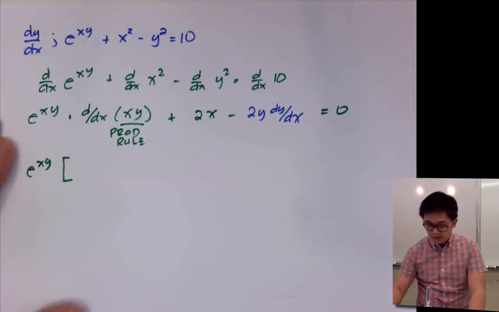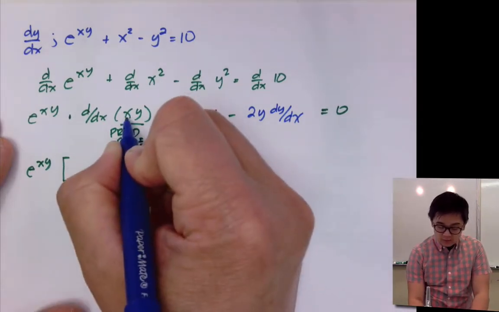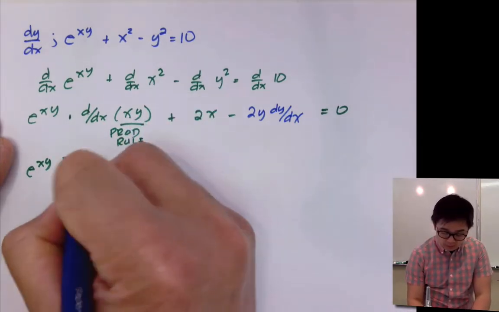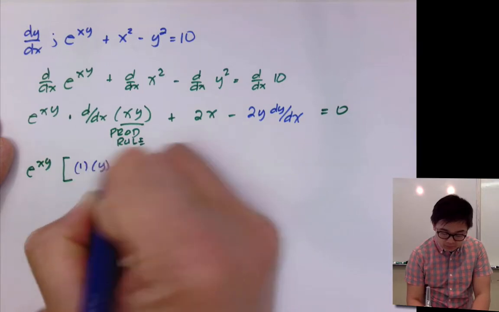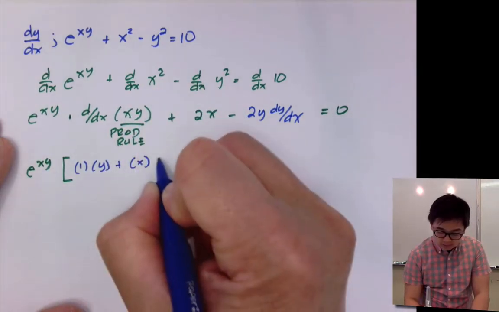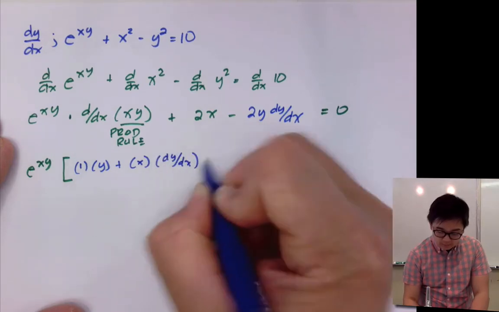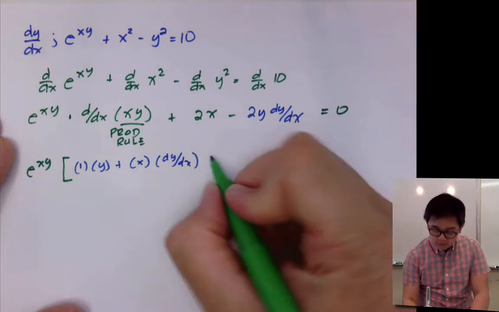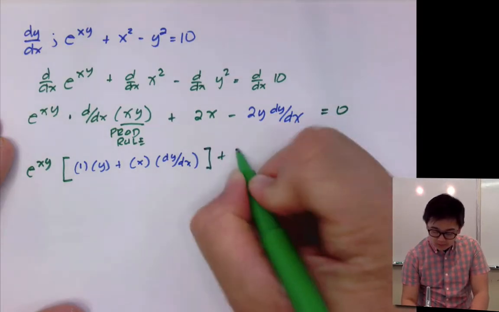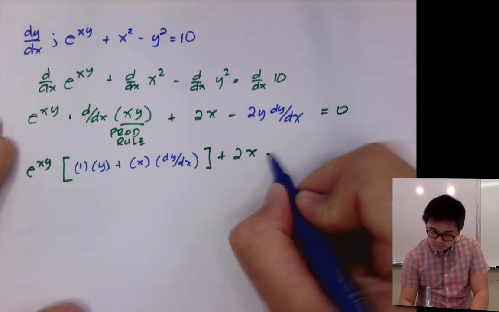So by using the product rule, let's copy e to the xy and take the derivative of xy with respect to x. Usually I just take the derivative of the first and copy the second, plus copy the first, derivative of the second, which is dy/dx. And that's my product rule for xy. And the rest of the function will have negative